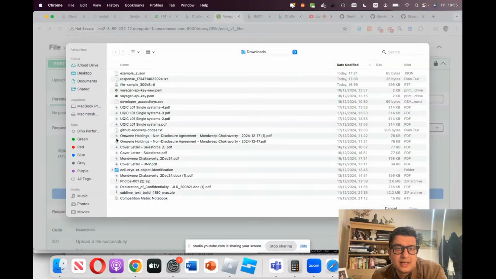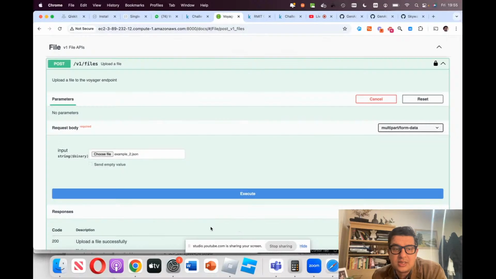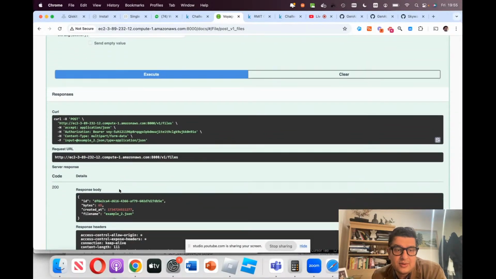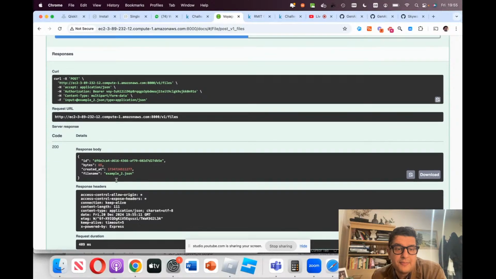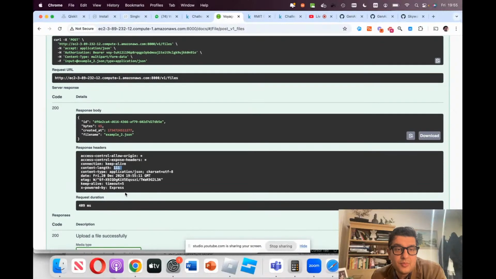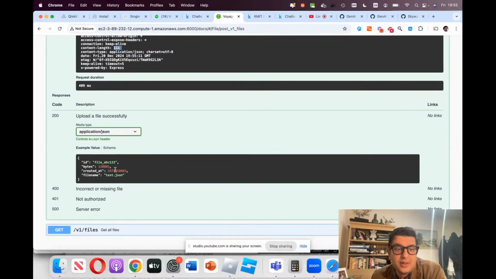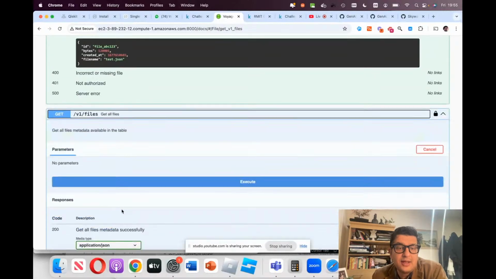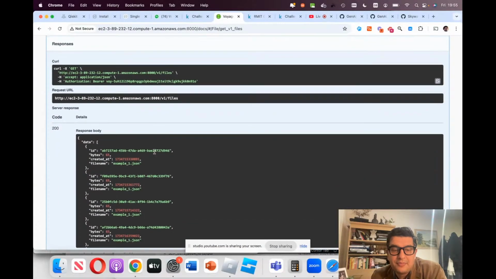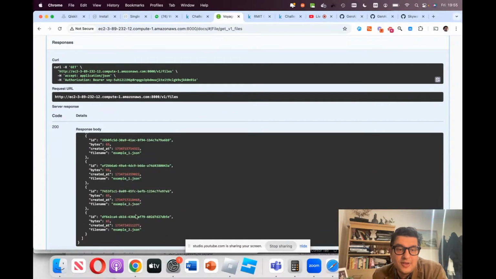So if I select here, I can select an example JSON, and I execute it. I can basically get a response saying, there you go. Yeah, it's happened. 200 means it's successful. 111 length was the length of the file. It did that. And then I can also say, get the files. This is very simple, as you would see,